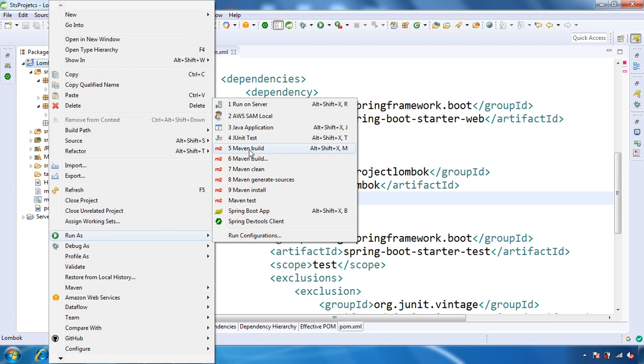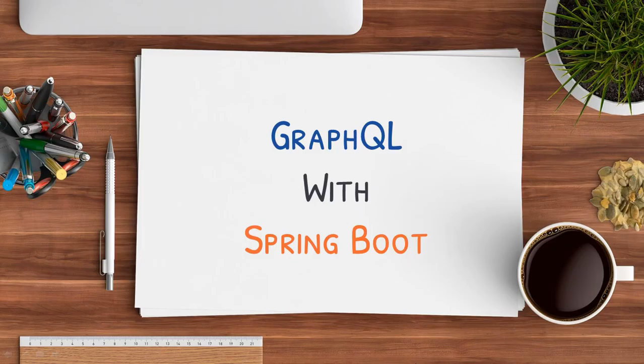Then we need to restart our IDE by going to File, Exit and then starting STS again. After restarting STS, we need to build our Spring Boot application using Maven build, that is mvn clean install. These are the steps you need to follow before we start the next lecture. So make sure you follow all these steps before we start the next lecture.